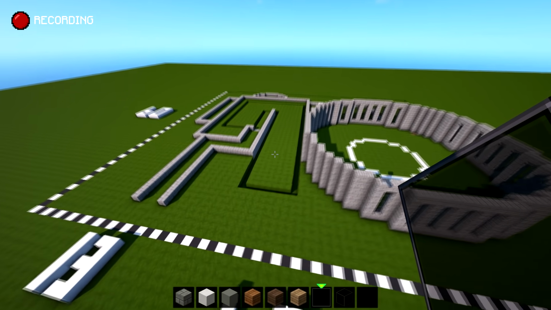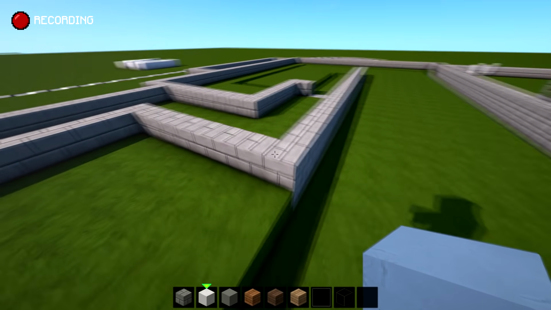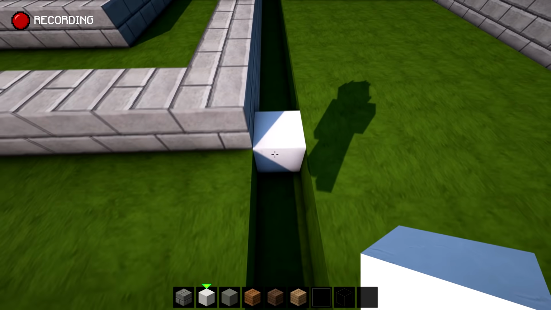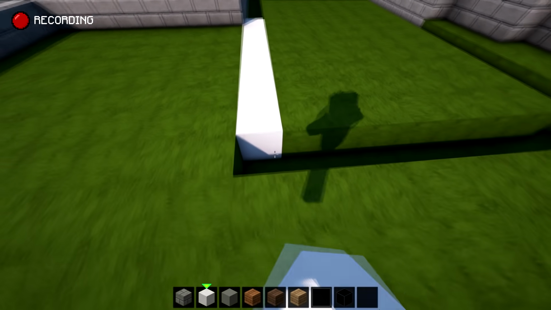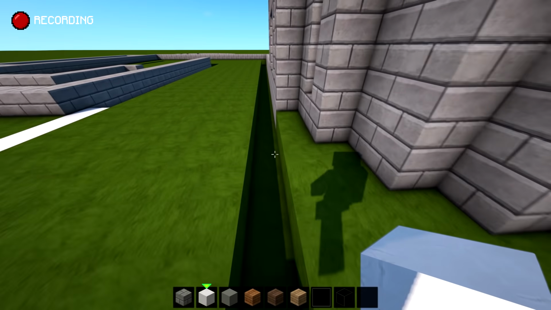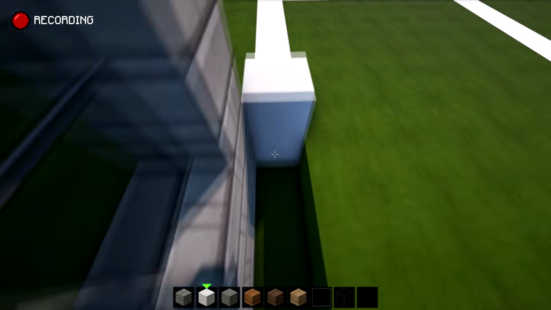And now I'm going to work on this, actually. So, smooth quartz, starting from this corner here. You're going to have to dig into the ground. We might dig deeper, but you get the idea. So, starting from here, that's 1, 2, 3, 4, 5, 6, 7, 8, 9. And then counting that 1, 2, 3, 4, 5, 6, 7, 8, 9, and then we can go all the way up here, and you just basically dig in